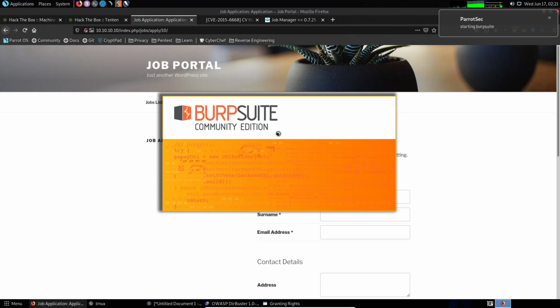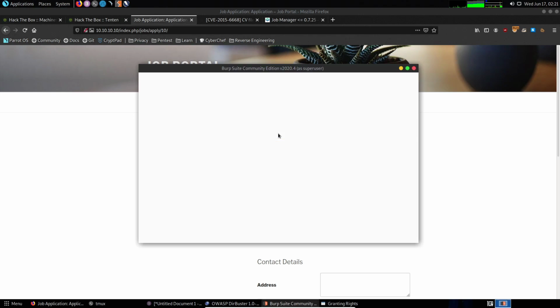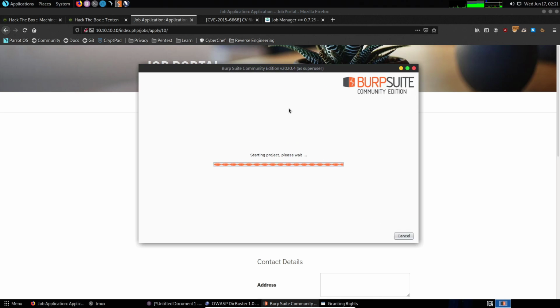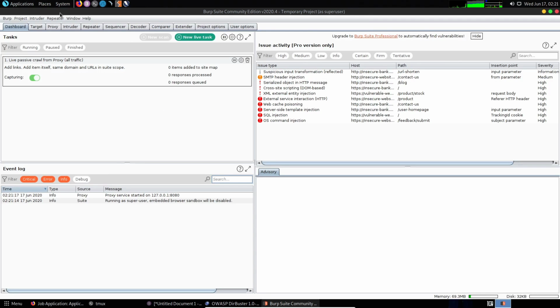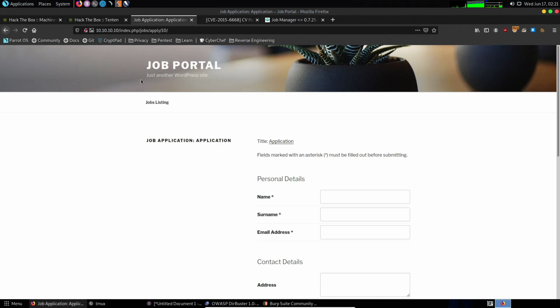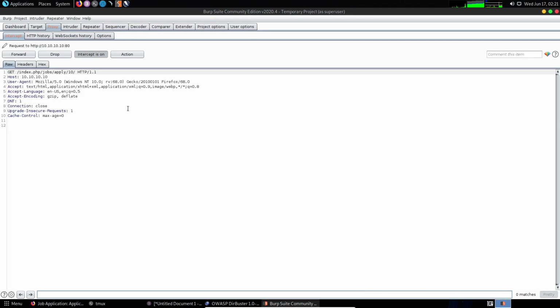So this is the community edition. Many of you tell me to use Zap, but in this case let me just use Burp Suite, because it's much simpler to explain what I'm doing. All right, do I have the intercept set on? Yes. Do we have the Burp Suite? All right, so I'm just going to reload that, and let's go into Burp Suite,